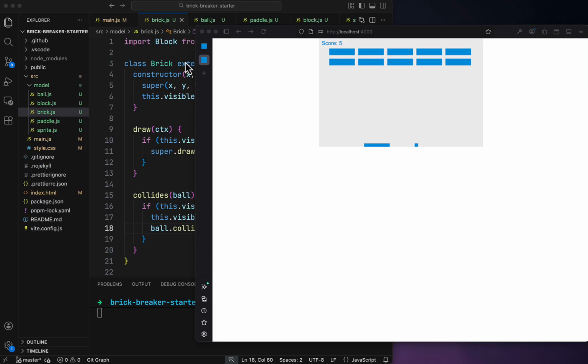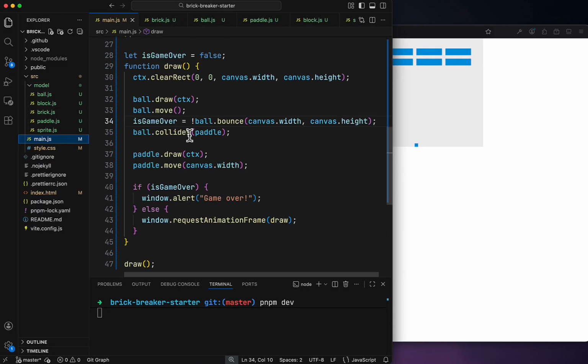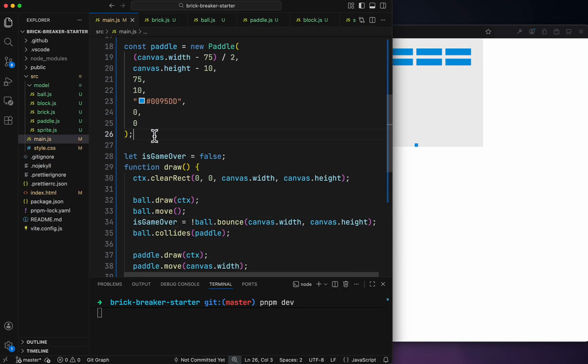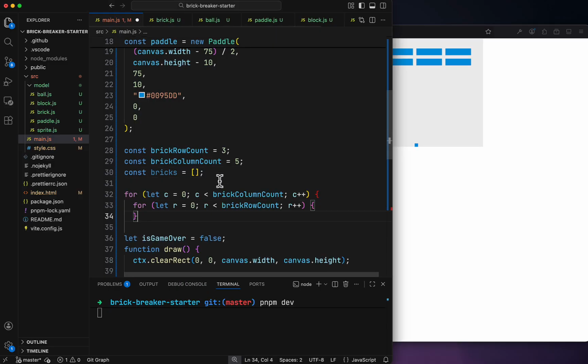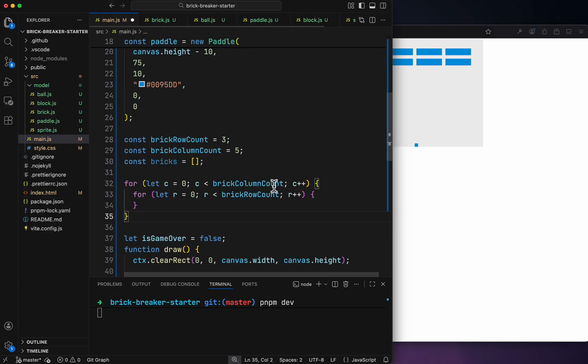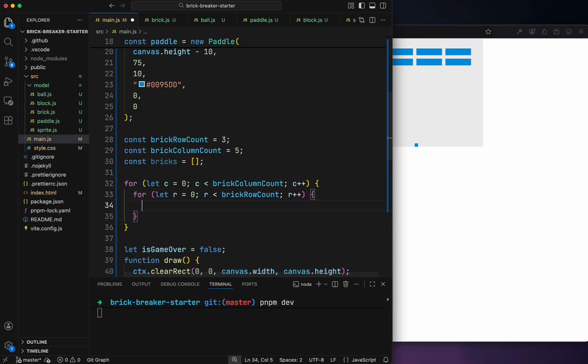So I've created some variables. I'm gonna go here, maybe somewhere in the main, maybe right here. Right, so three rows, 5 columns, and an array to hold all the bricks, right? And what I want to do is to create a loop like this, right? So for every column and every row, and then here I'm gonna go and